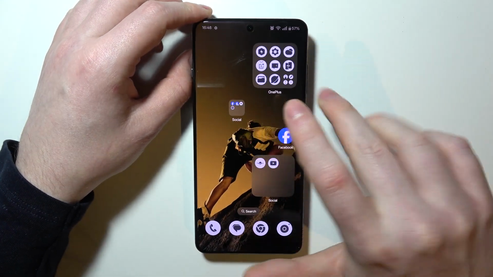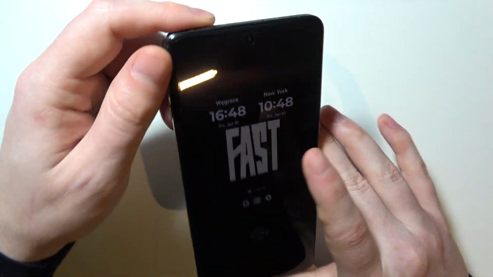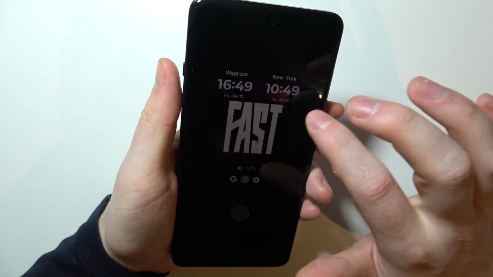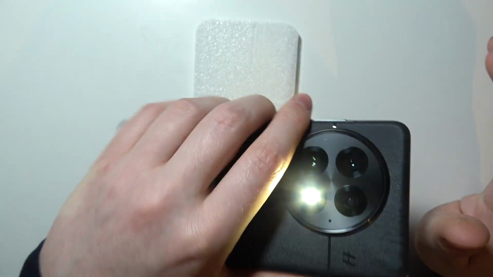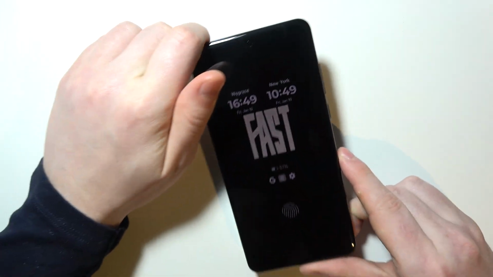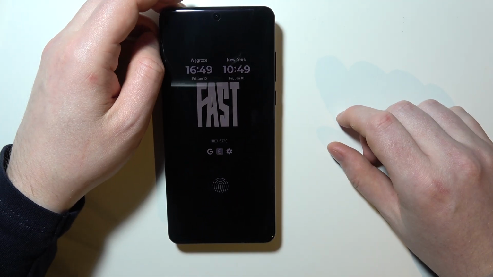And let's lock it down, draw V. Okay. It's on. And now it's off. So that was the two ways that I found pretty easy to enable that flashlight,